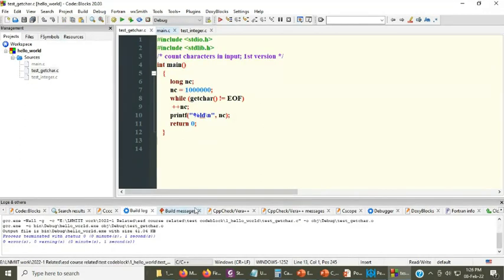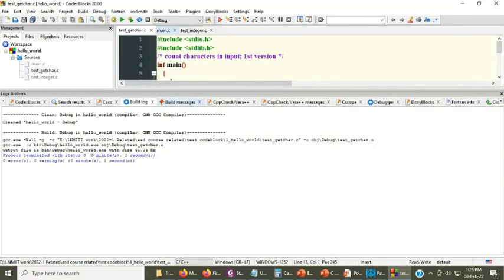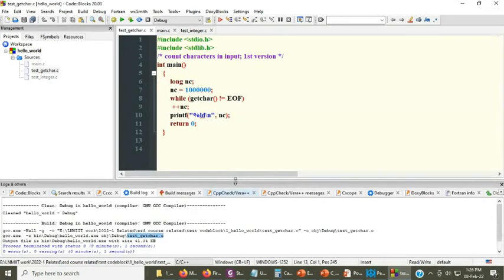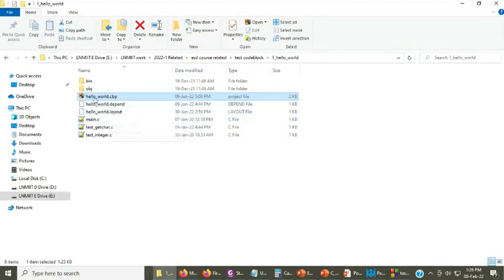During the build, you can see there are some instructions like test getChar.o. test getChar is my C file name also. Similarly, there is one object file created, and let us see what other files are generated in the background, because these are all important. When you write a program, you should keep an eye on all these things also.